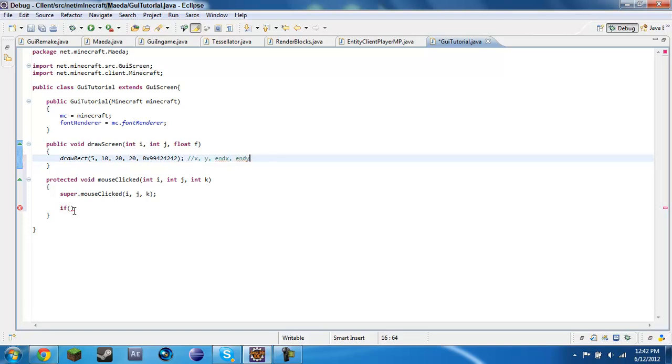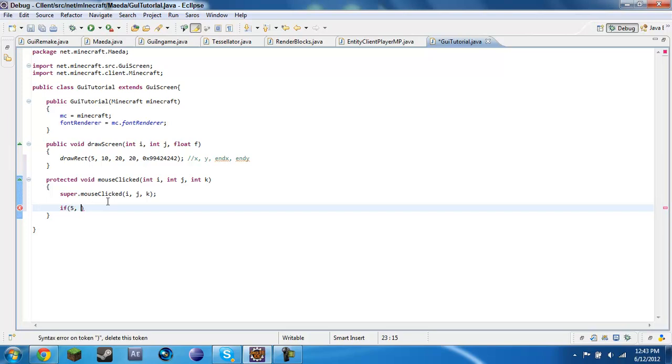Now this is just to help you when you're making this, because this first number represents where it starts on the x-axis. The second one represents where the second point starts on the y-axis, and this represents the ending point on the x-axis and the ending point on the y-axis. I don't know if that was confusing or what, but anyway,